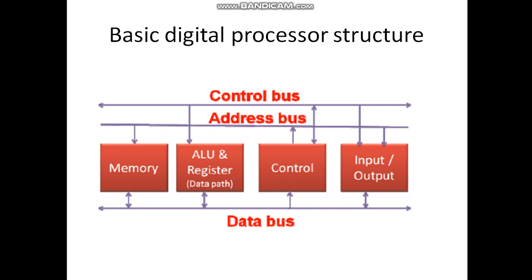These are the different buses available. That is, address bus for sending the addresses, data bus that is used for sending the data, and control bus is used for sending the control signals. And there is an ALU and register. This ALU is used for performing all arithmetic and logical operations, and for long term storage of data, memory is used. So this becomes the entire system where we will be focusing on the design of an ALU or the data path.